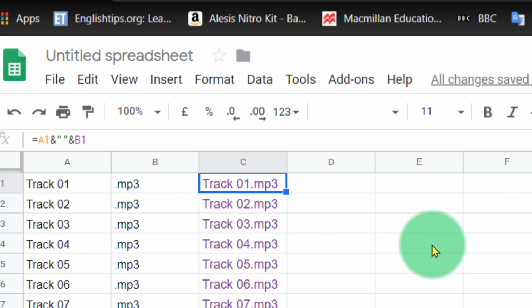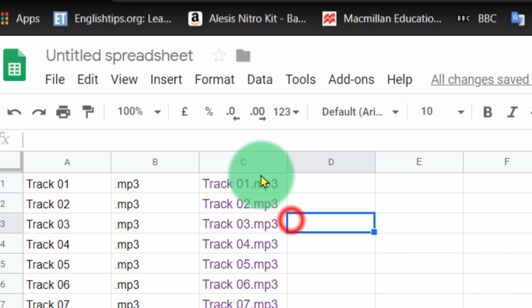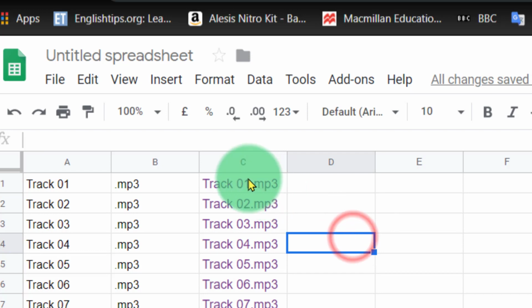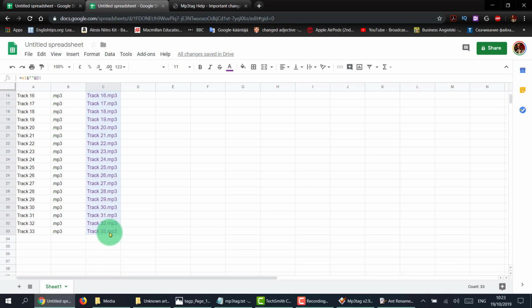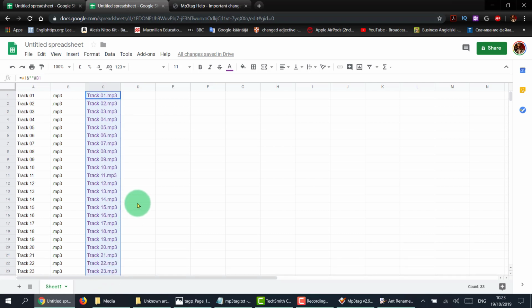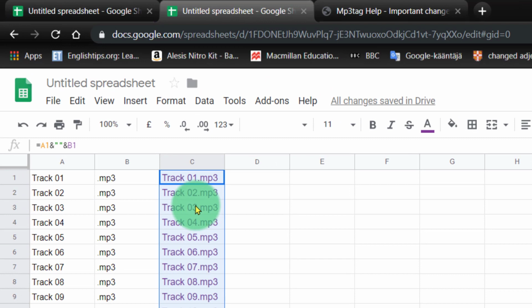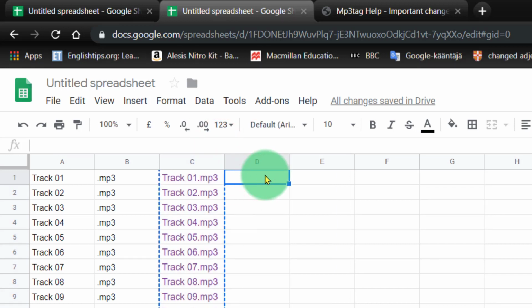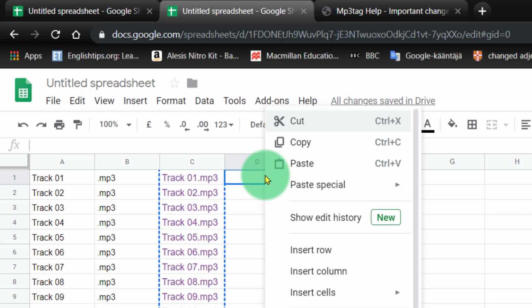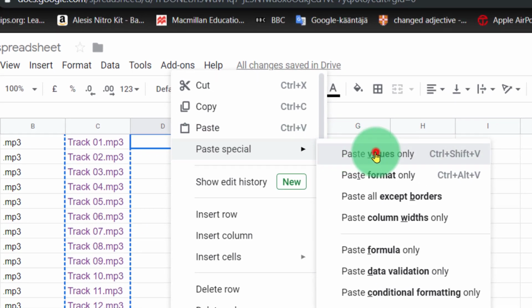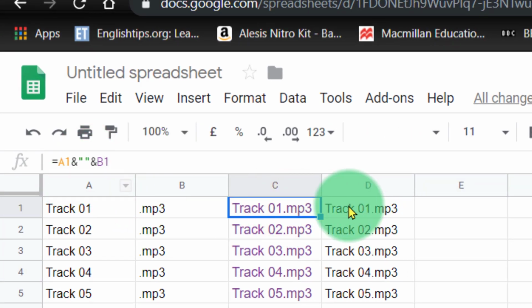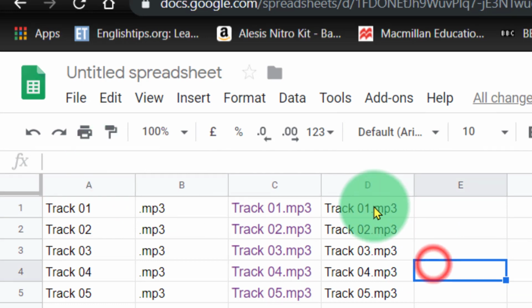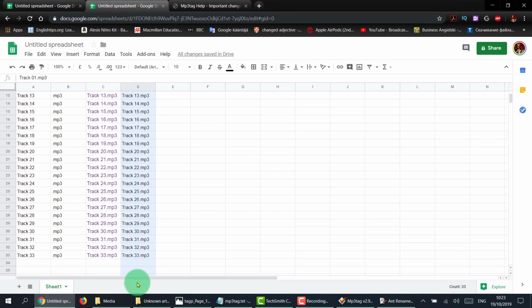Now, in order to copy this to a text box, you need to highlight the first one with your arrow and drag it down to the bottom. Then you need to right click and copy, and in the next box you need to right click and not paste, but paste special values only. So now in this box here you can see this one has the code, but this one has the text we want. So let's copy all that text,